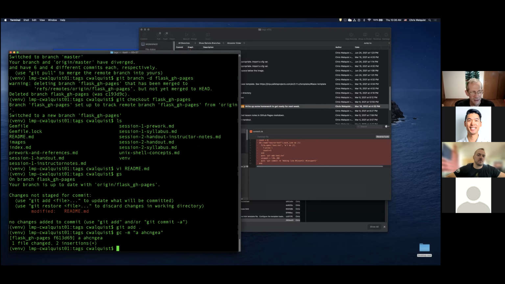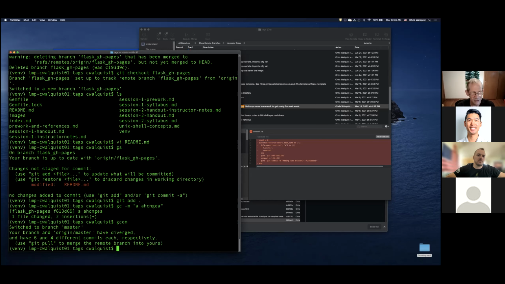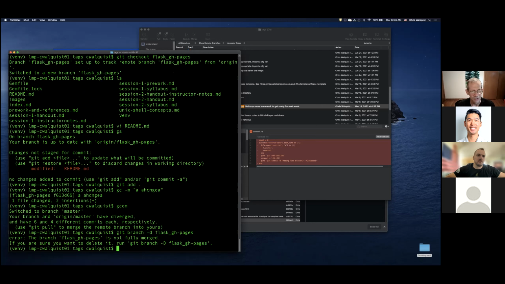And now, if I go back to master, git checkout master. Now, if I try to delete that branch, here's what you see. It's like, yeah, it's not represented anywhere else in its current state,